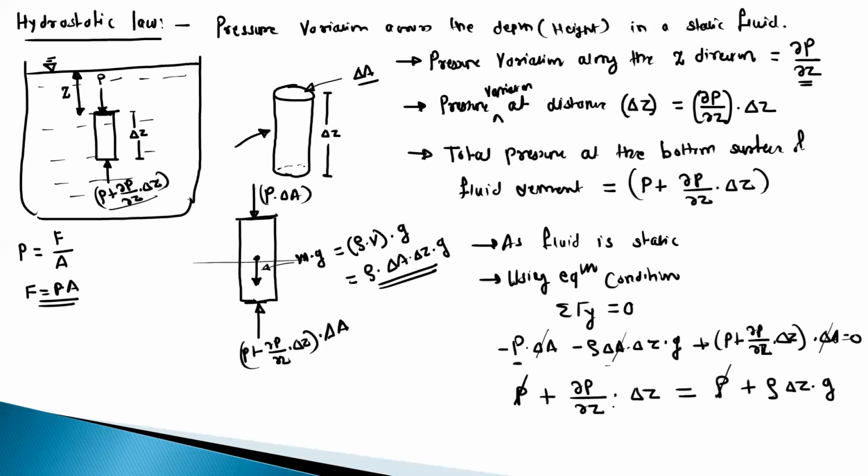The remaining value is del P upon del Z into delta Z equal to rho G into delta Z. So we can cancel out delta Z, and the remaining value is